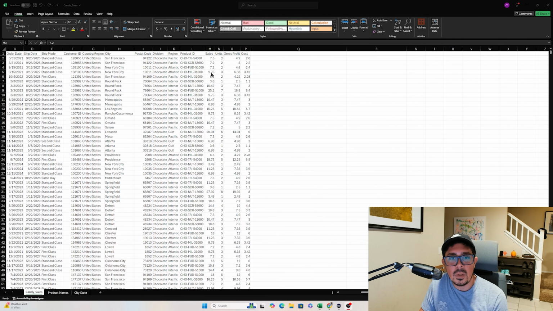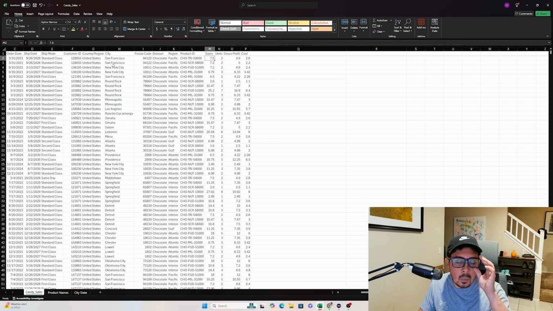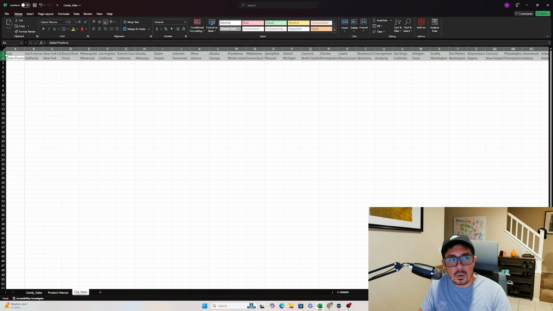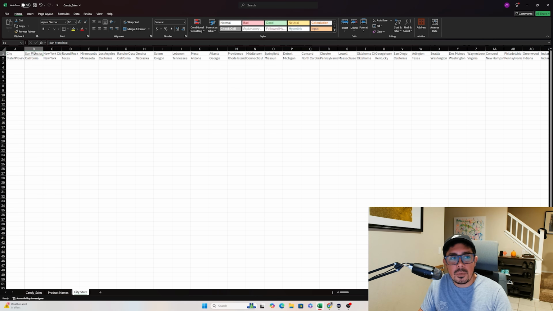So here's our sample data. Let's walk through it initially. We have candy sales here. We have product ID, we have sales, but you'll notice that we don't have a pretty clean product name. We have product names in the second worksheet where we have product ID mapped with product name, and then we have a city-state worksheet where we have data oriented in a horizontal fashion, and we have maps from city to